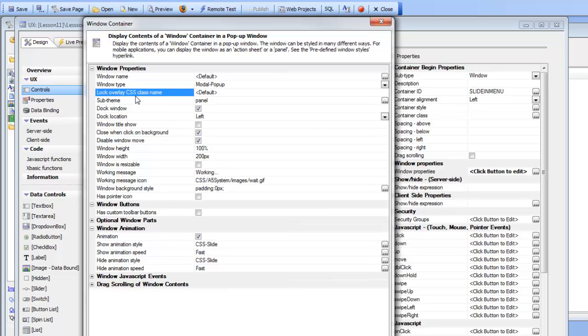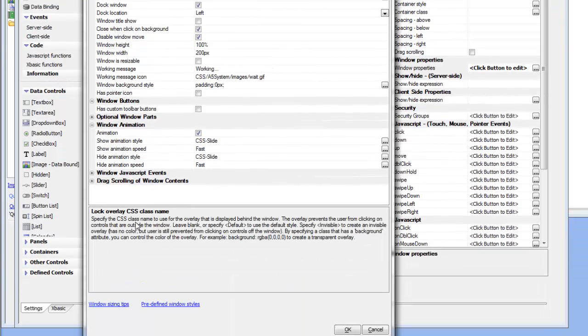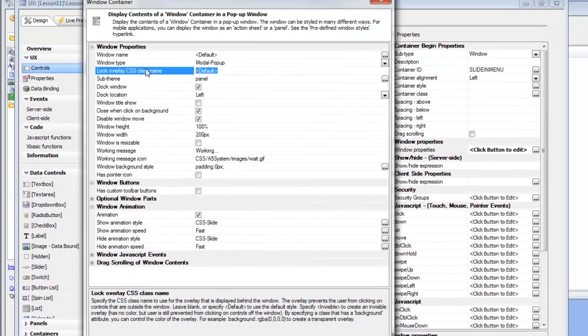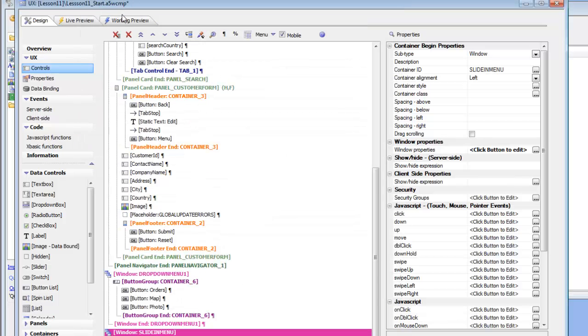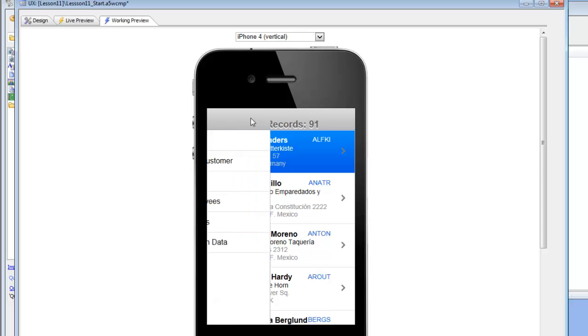This overlay is there to prevent the user from interacting with the component when the menu is displayed. And if you look at the help at the bottom of the screen, you can see that if you'd like to have an invisible overlay, you can just type in the word angle bracket invisible. So let's change default here to angle bracket invisible, then go ahead now, click the OK button, go back to working preview, click on the menu button, and